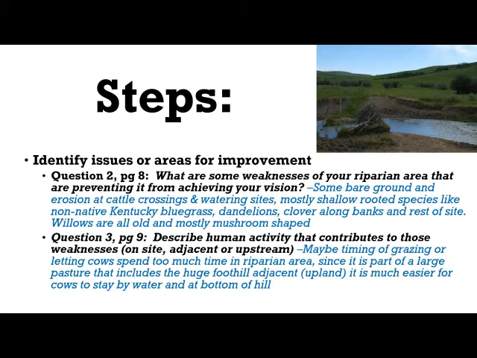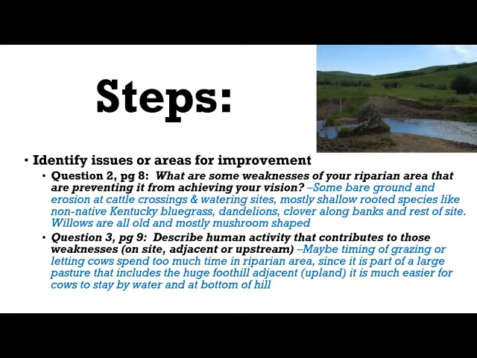In those areas, lots of shallow rooted species like Kentucky bluegrass, dandelions, and clover are spread along the rest of the site too. The willows are mostly old and mushroom shaped. And then of course, in question 3, you're asking, what's causing that? In this situation, it's a timing of grazing, perhaps letting the cows spend too much time in the riparian area